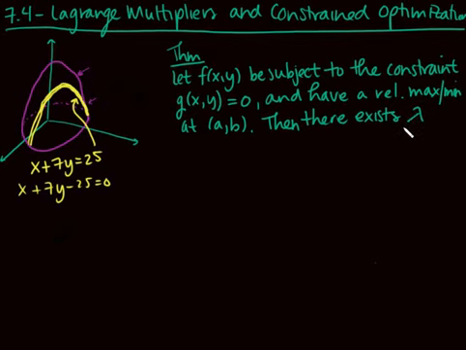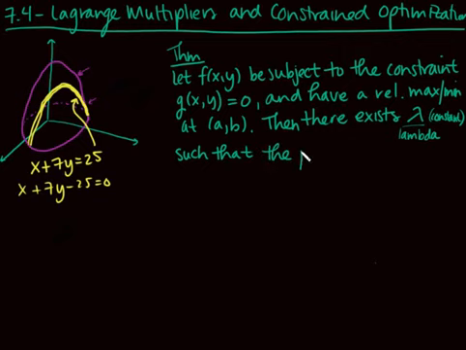This lambda is a Greek letter, it's called lambda. This is just going to be a constant. I'm really running out of room today. This is a constant such that